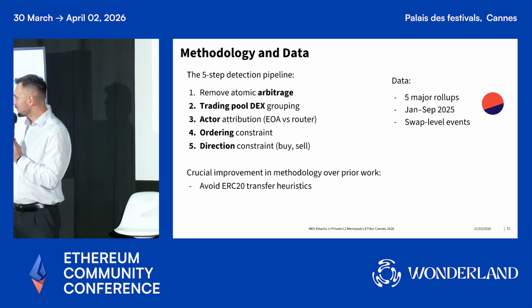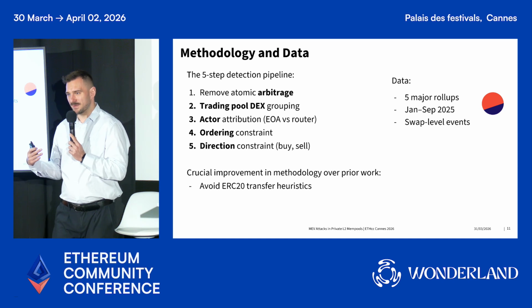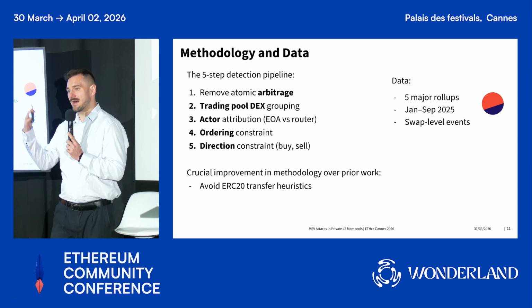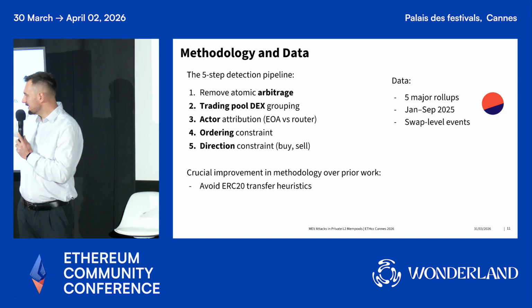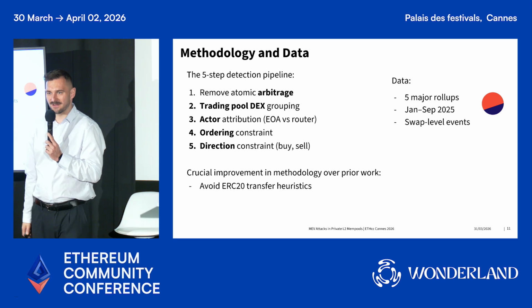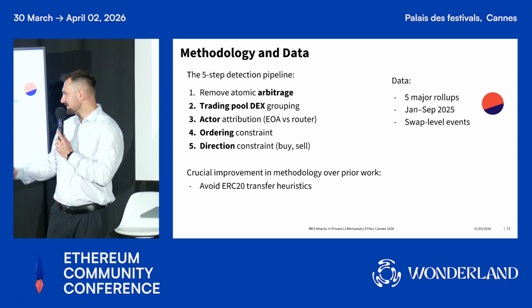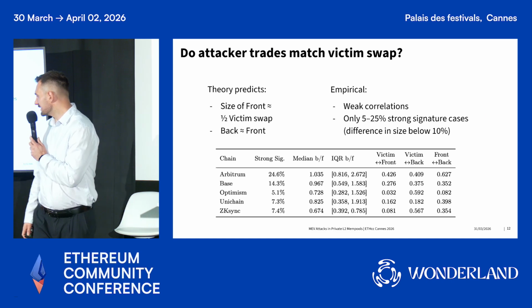We grouped the front-running and back-running transactions to make sure they are coming from the same actor, the same smart contract, or the same bot, that they are ordered in the same way, and that the back-running and front-running transactions are actually opposite to each other. And here you can see the